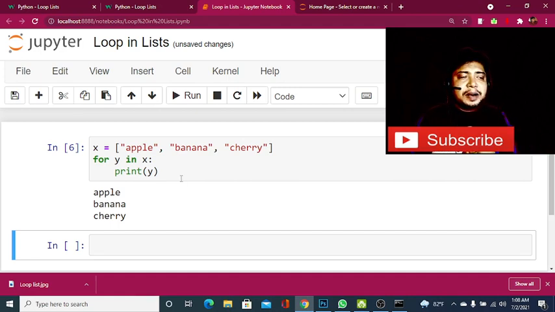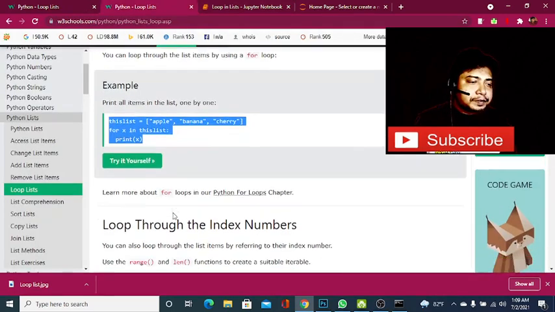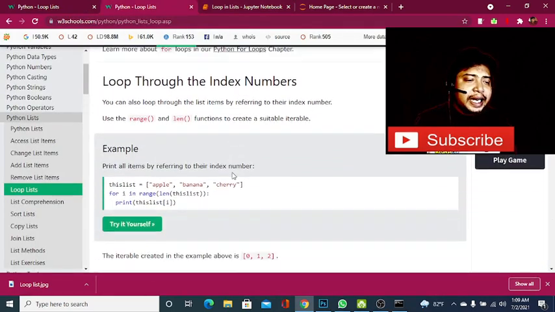So this is the basic thing, and we must learn it in detail when we learn the for loop, so that users get the concept of how these loops work within a list.